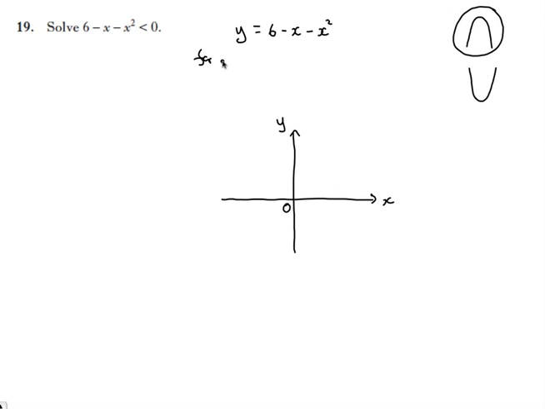So for x-axis intercept, we have to set y equal to 0. All the points on the x-axis have a y coordinate of 0. So we set y equals 0. When is this 6 minus x squared equal to 0? The usual method of doing that is to